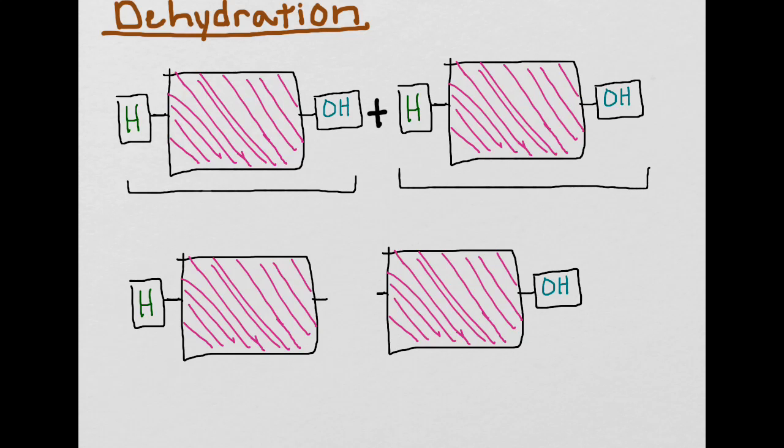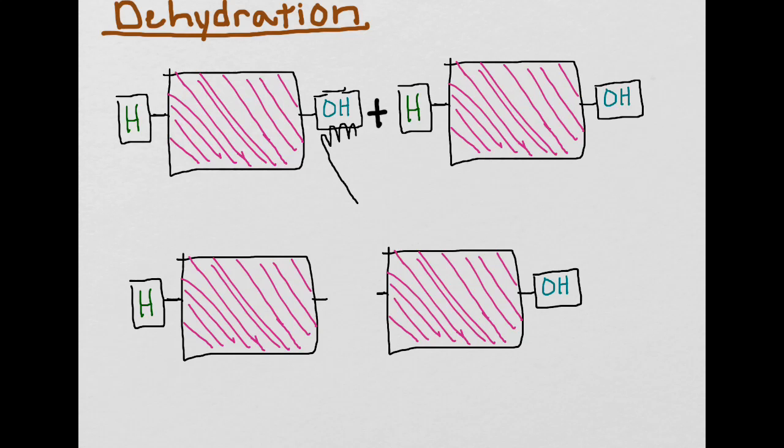Now we know with all the biomolecules that we drew in class and saw in class that they all have these hydroxyl groups sticking off of them, and they all have hydrogen groups sticking off of them. Okay? So those are important because they are what is going to take part in the reaction. So how does this happen? Well, there are enzymes that are going to do this for us. And in class, I used a description and said that these enzymes were like hands that would come up